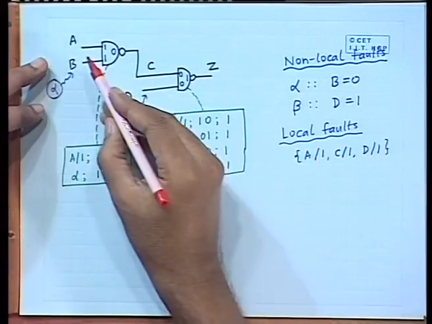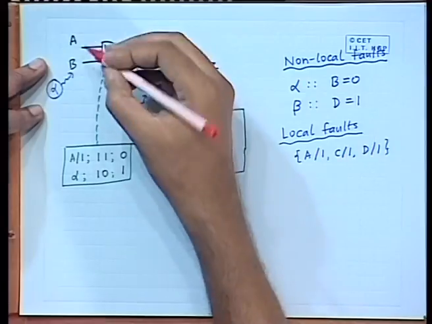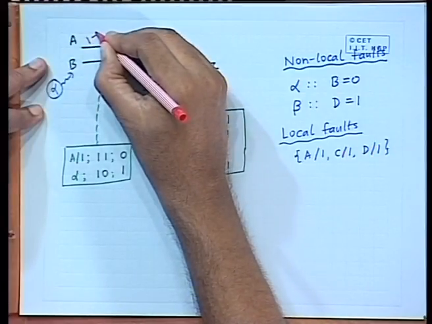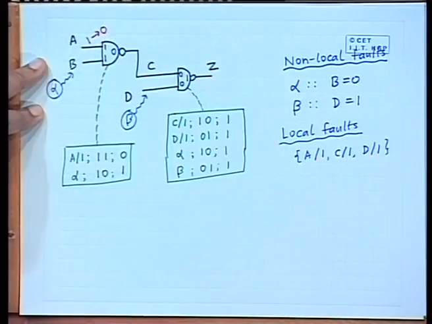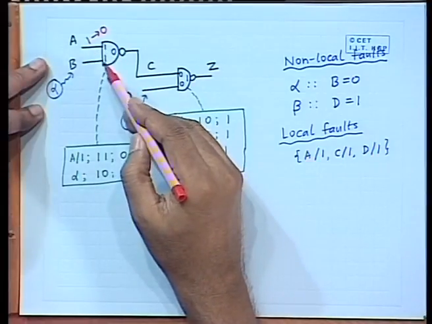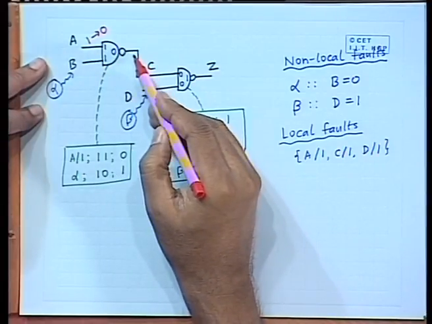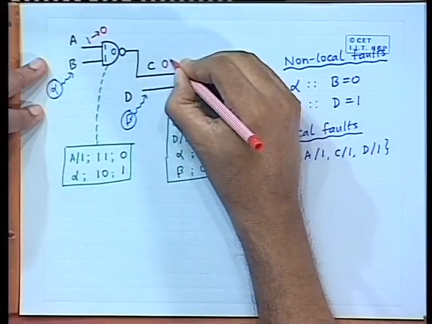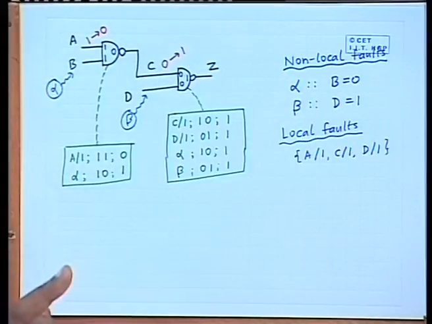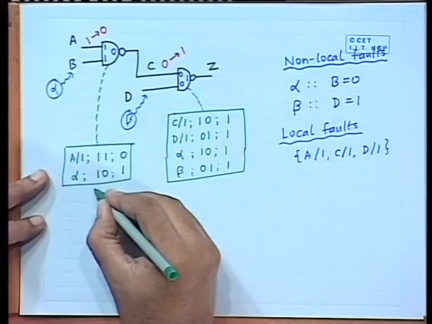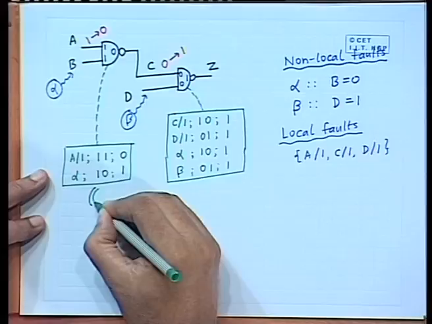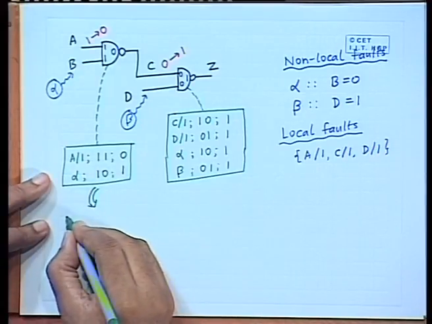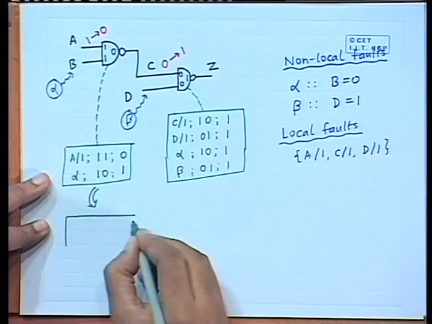Inputs we change in such a way, say the value of A which was 1, it now becomes 0. We change it from 1 to 0. So, as it changes from 1 to 0, the output of this gate C will become 1. So, this value which was 0, the true value, this will now become 1. Okay. So, after this change, there will be some modification in the fault list. So, let us see how this will get modified. This fault list will get modified as follows. The modified fault list will be